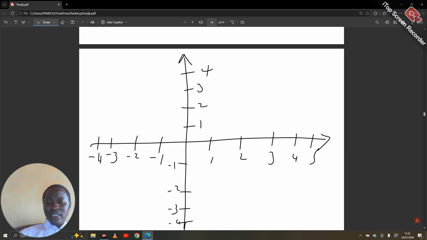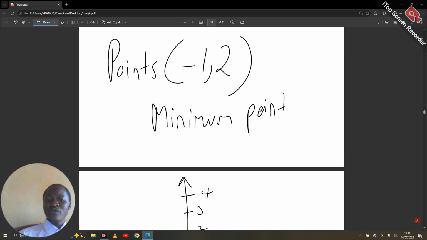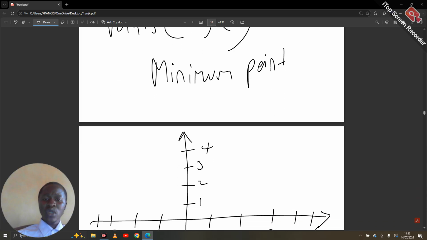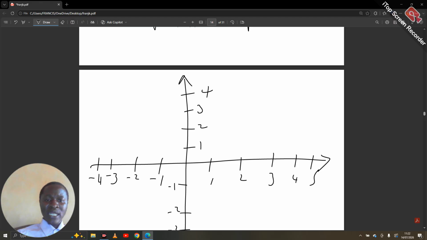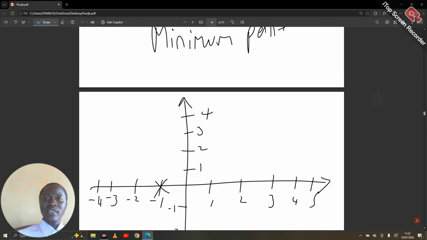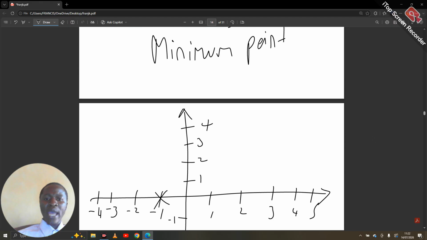Remove that idea of appearing at the downer part. It is not a must, but being provided with whatever you've calculated will lead you to the accurate answer the way it is required. So having minus 1, 2, minus 1, it is at this point. Then our y is at this point. So that means this curve